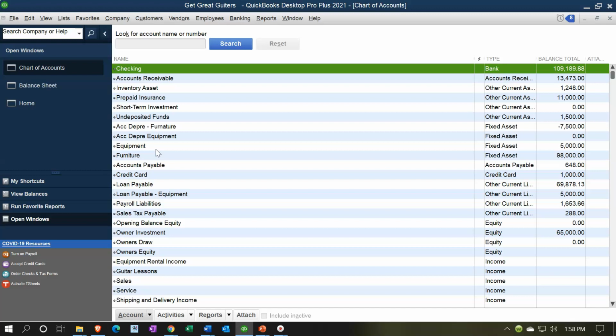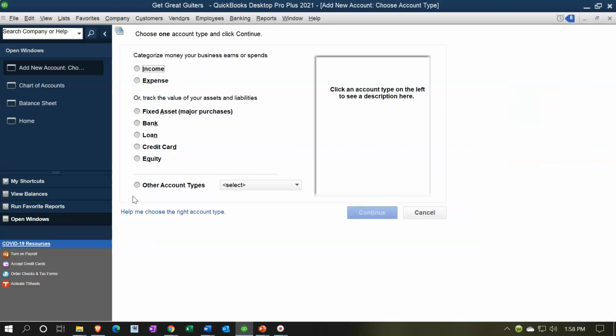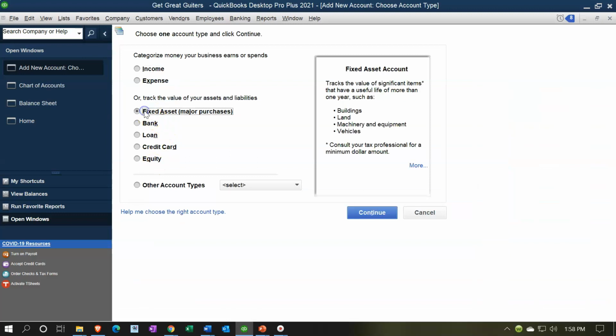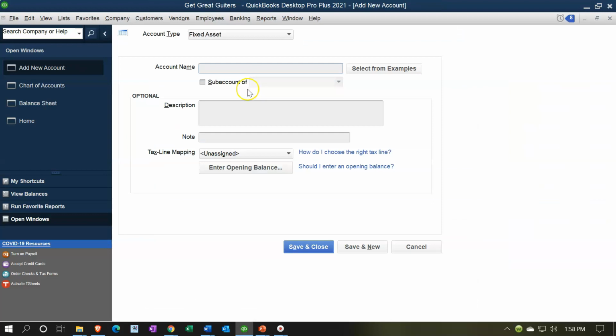So let's see what that would look like. I'm going to go to the account drop down here. I'm going to say I want to have a new account. Rise up, we got a new account, and the new account is going to be once again a fixed asset type of account, which will put it under that fixed asset category. I'm going to say OK, and I'm going to call it equipment,